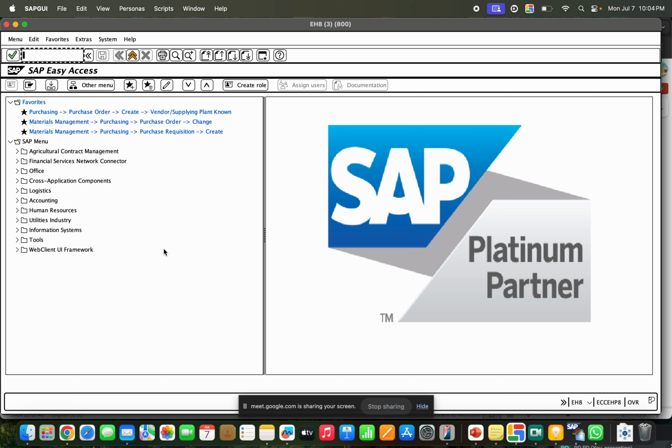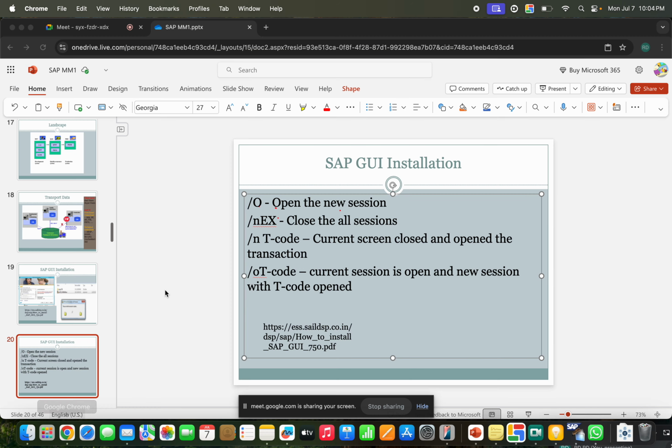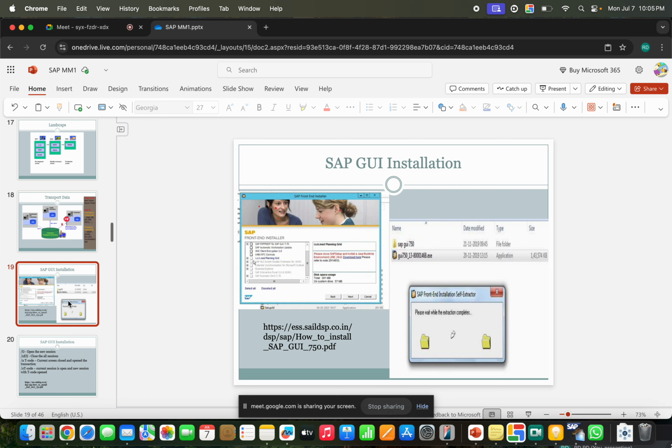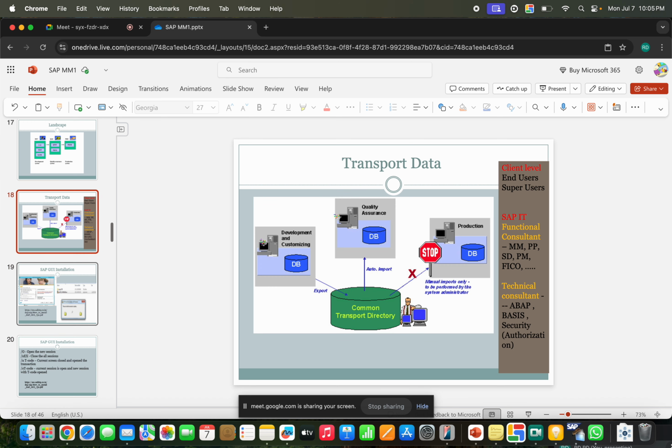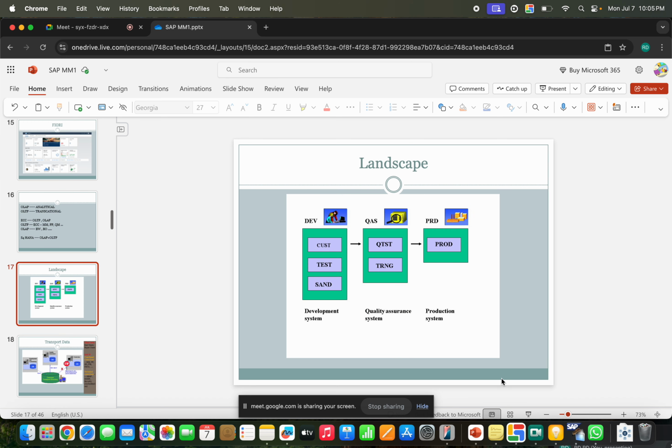The transaction is a code that we can access so that particular screen, particular operations, for what the transaction, what activity you are planning to perform, that transaction will be stored in the transaction. Okay, so this is what we discussed, right? Development, quality, and production. This is what we discussed, right? So in the development